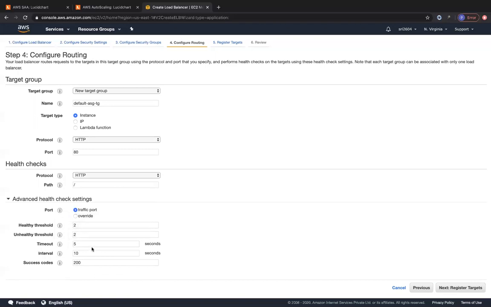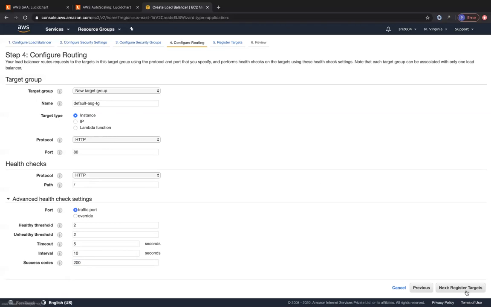How much time should I wait in order to get a response from my server? And between how many intervals should I do the health checks? And my response code can be 200 to 299, which can also be mentioned as a range of success codes. I'm just going to leave it as 200. And then the health check path is going to be / on my instances. The protocol is going to be HTTP. And even the target group is going to be working on protocol HTTP and port 80. And I'm going to choose the target type to be instances because we are launching EC2 instances.